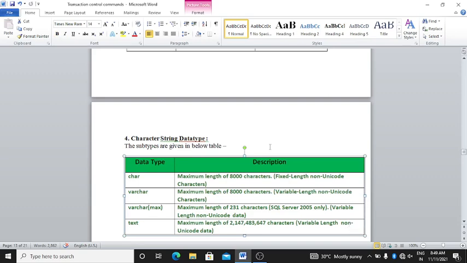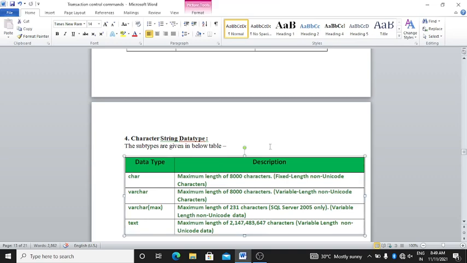Next is the character string data type. In the character string data type, there are char, varchar, varchar max, and text. Char is a fixed length non-Unicode character, and its maximum length is 8000 characters.